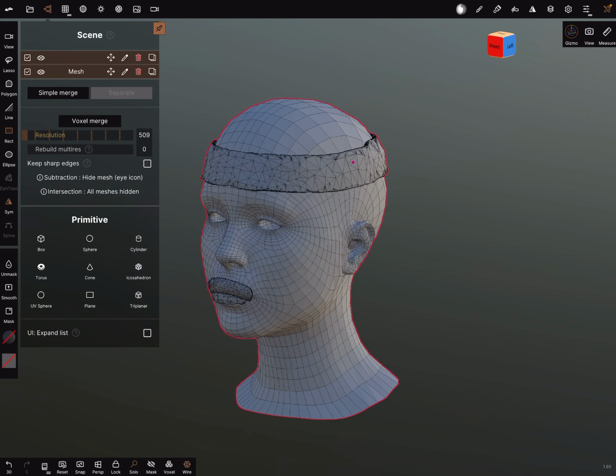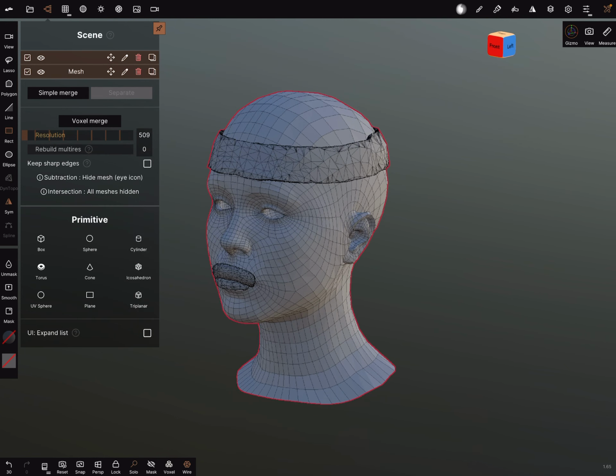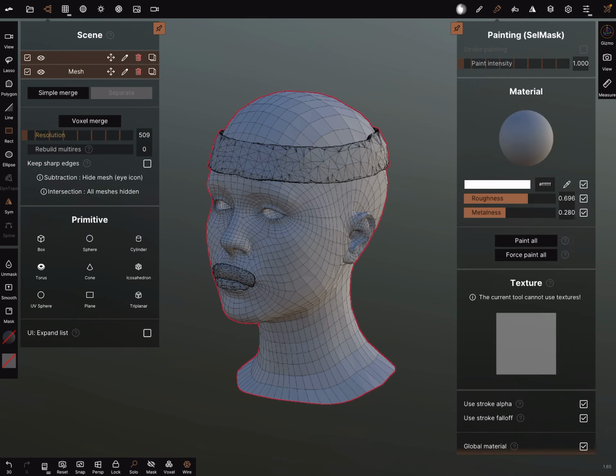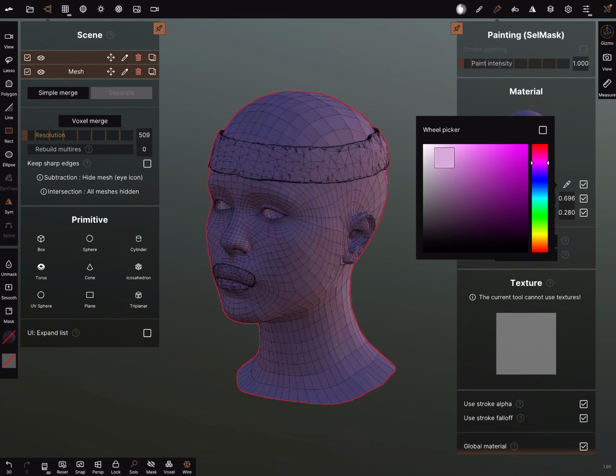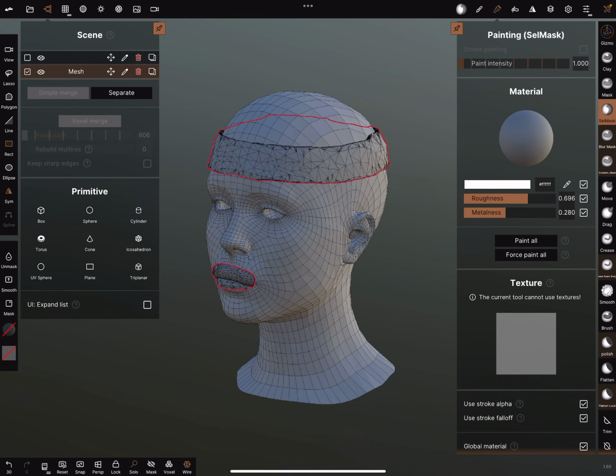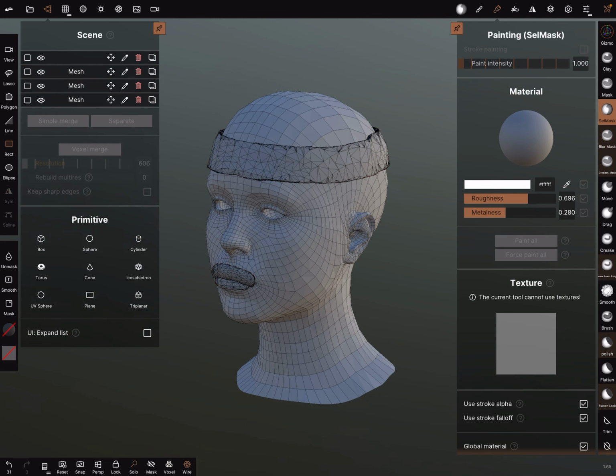Sometimes very useful to get some parts. Oh, you can separate the objects, is clear.